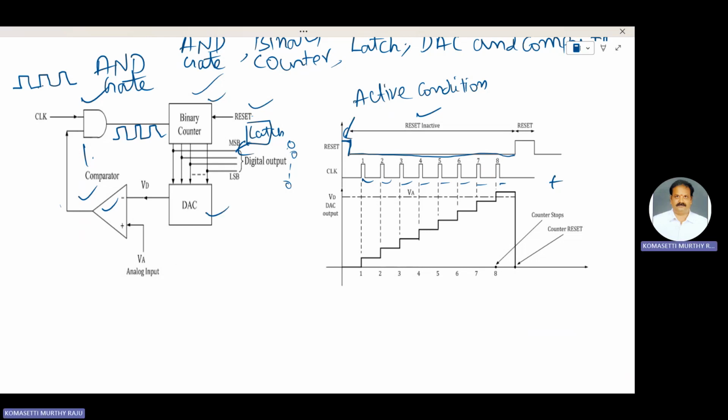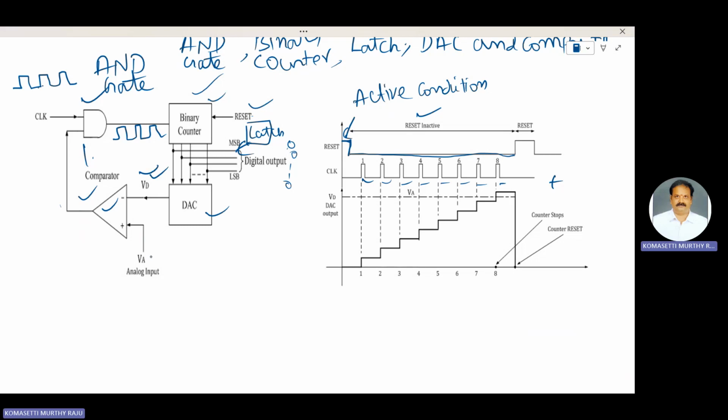Coming to the DAC. The DAC converts binary data to analog voltage VD. The binary data comes from the output of the binary counter, which is applied to the input of the DAC. The DAC converts this binary data into analog voltage. This VD is the analog voltage of the DAC,